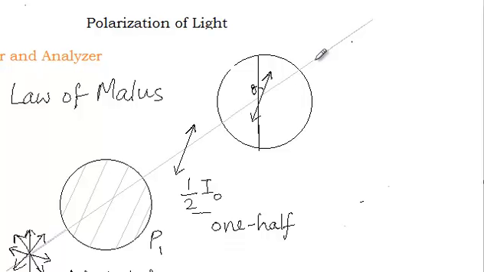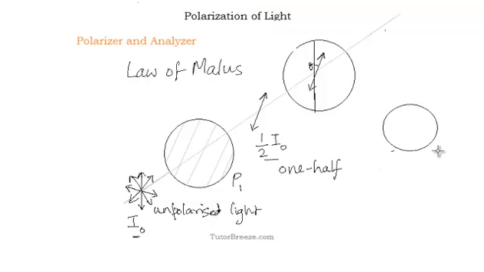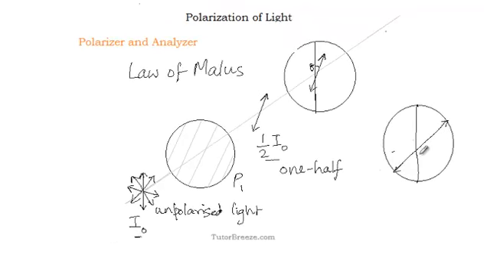Now we want to find out what is the intensity of the transmitted light. So to do that, we will resolve this into two components. Okay, what I'll do is I'll just draw this separately over here. So I'll just draw this over here for clarity, and I'll just make the distance a little more. Say this is the polarizing direction and this is the direction of the electric field. I've just shown it at a greater angle to make this clear, and this angle is theta.